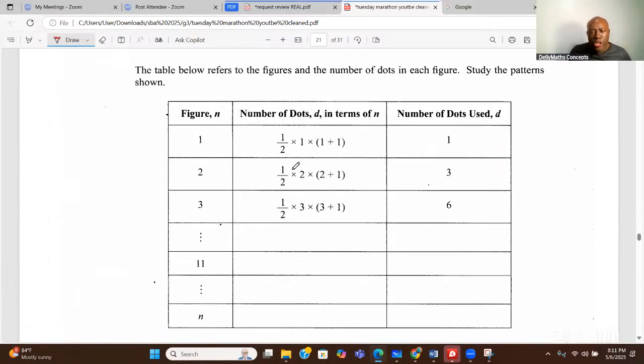We could go again. Now they have the nice table that they always have for us, right? So they normally have a table that they want us to complete. So in this table that we have to complete, it says the table below,